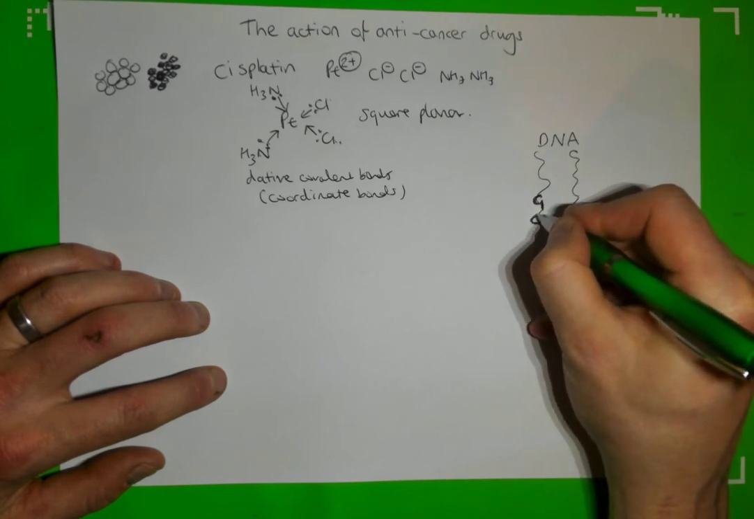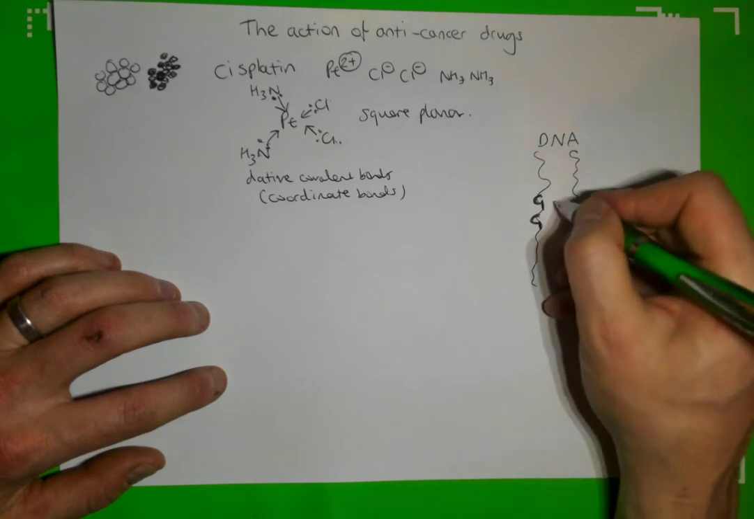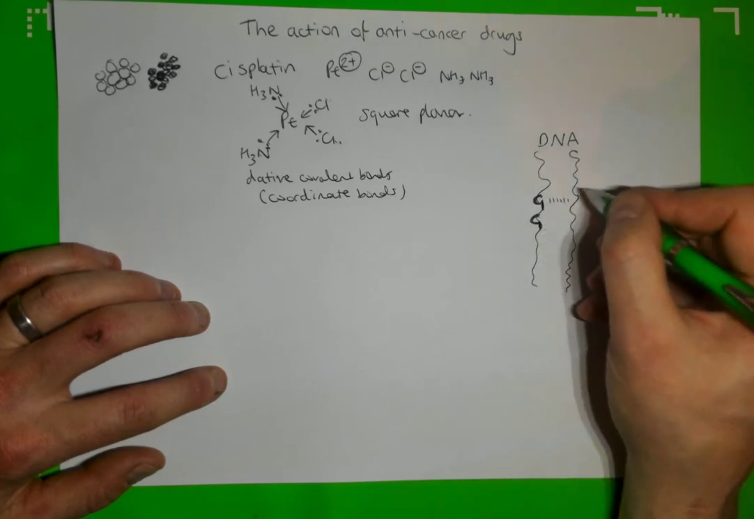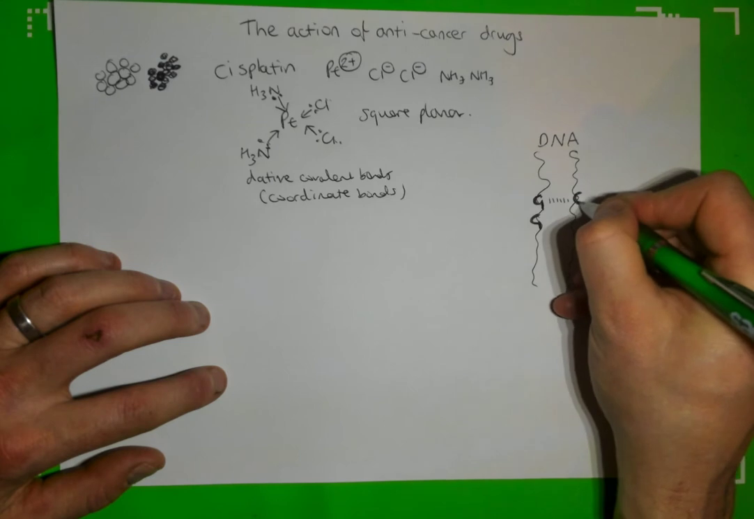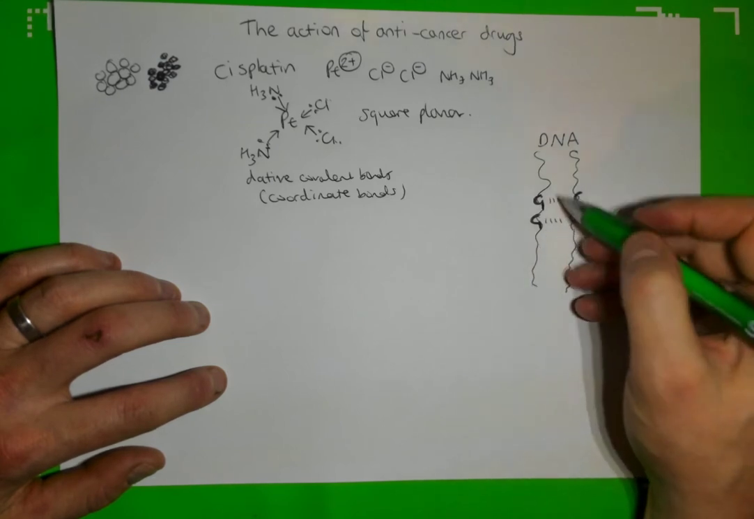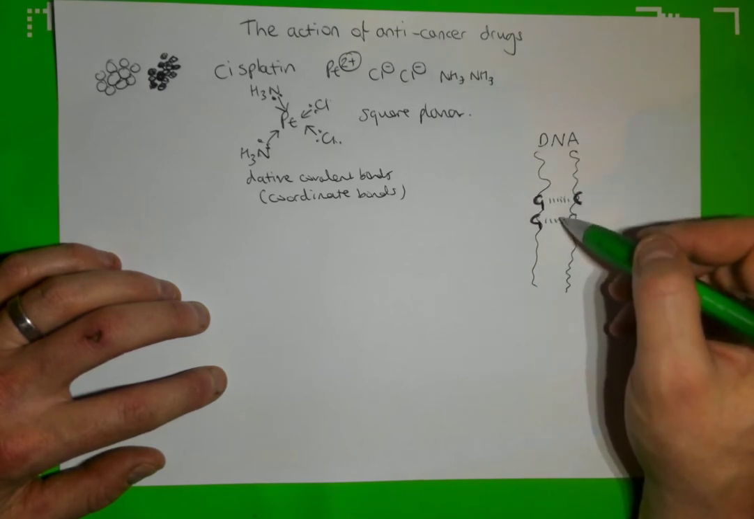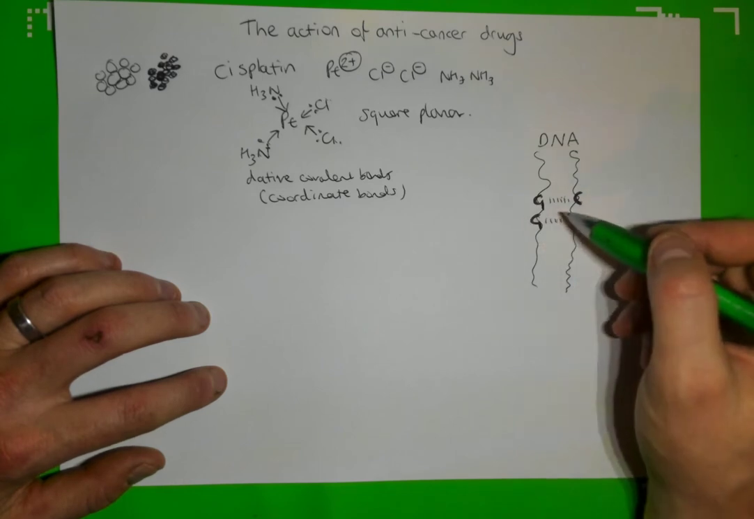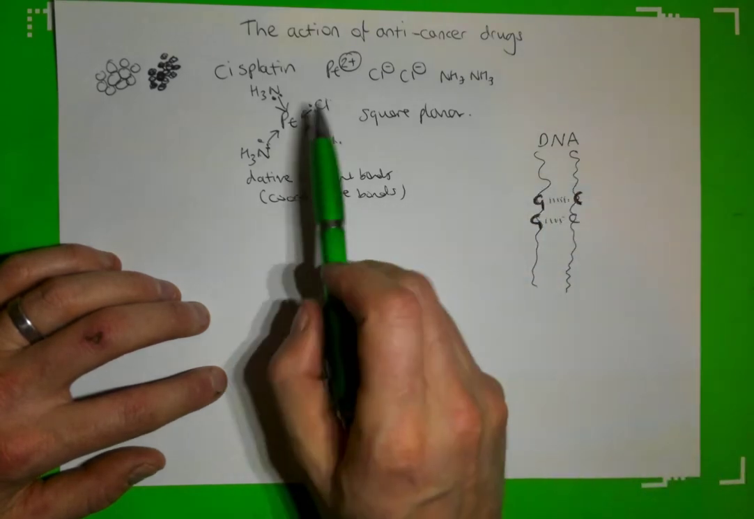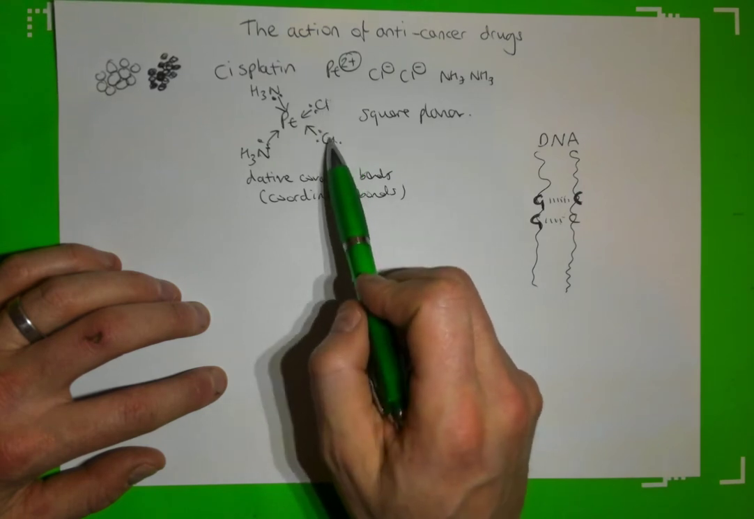Now when you get a couple of guanines like this, obviously we know that on the corresponding strand, G always bonds with C, so I'm going to put the C's in there just to show how the 2 strands of DNA are linked together by these collections of hydrogen bonds. Now what cisplatin does, these 2 chloride ligands here, they come off,